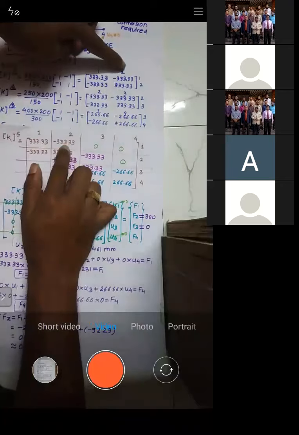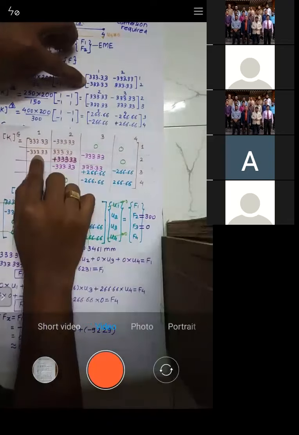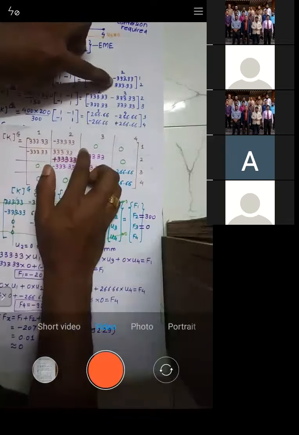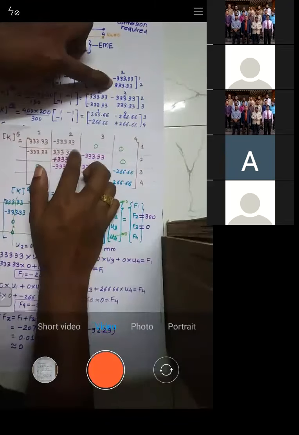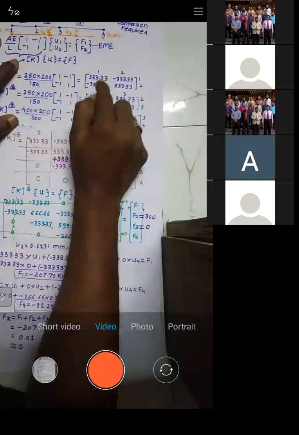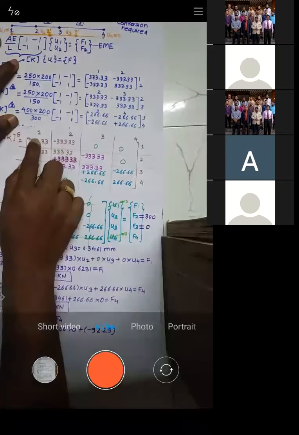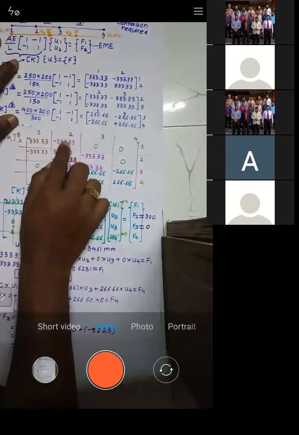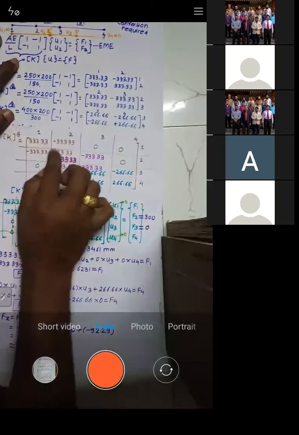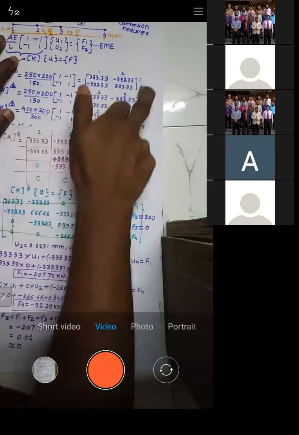Then second row, first column. See, this is the term. Second row, first column, minus 333.33, right? Then second row, second column, 333.33. Try to understand. Okay. So this is what is happening. See, it is 1, 2, 1, 2. Basic idea, you just write down this starting element, that is 333.33. Beside that, it is minus 333.33. Here it is minus 333.33. Here it is 333.33. So this is finished with element number 1.